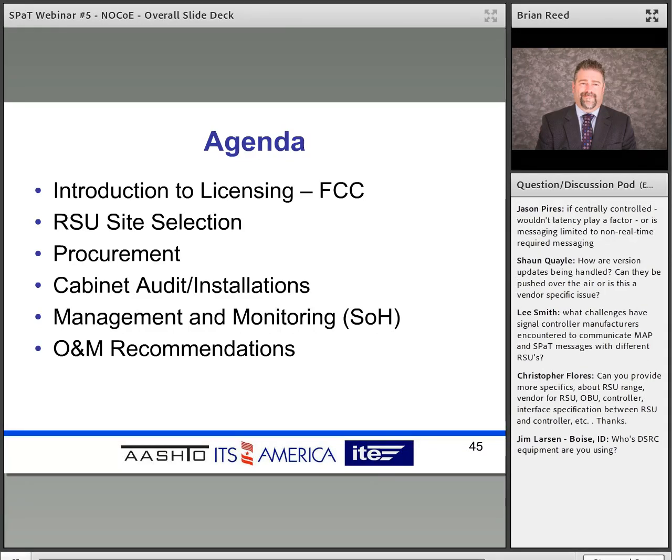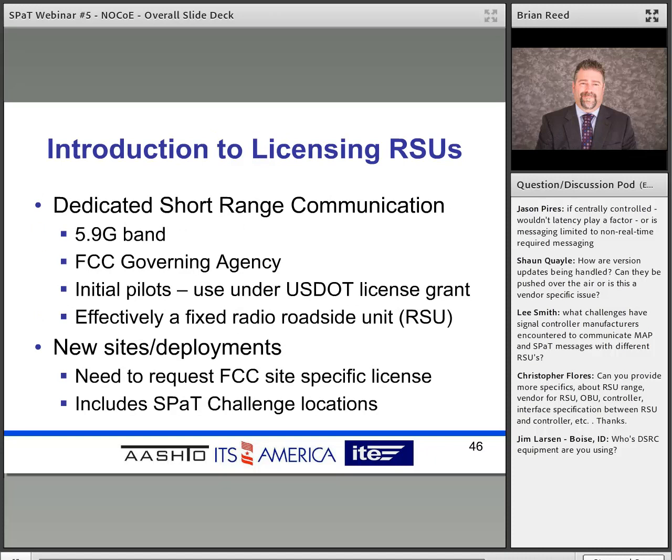Introductory-wise on the FCC licensing piece, a little bit on site selection, procurement, some of the cabinet and audit installations prior to going through and doing deployments, a little bit more on management and monitoring, as well as some O&M recommendations in this particular section, and then talk some more about backhaul communications and the secondary breakout portion of the presentation. So just in terms of licensing for the RSUs, just to make sure everybody's